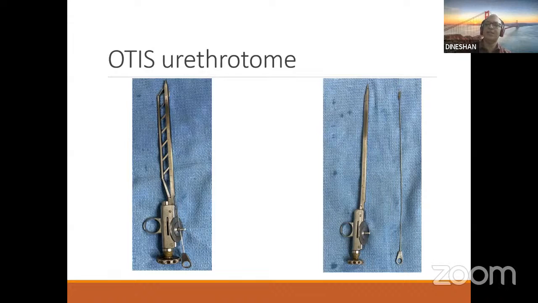So a filiform dilator is passed through the stricture, and this can be connected to this Otis urethrotome, and you can negotiate the stricture using the filiform dilator connected to this. That is the use of this knob. Some of the newer variants of this Otis urethrotome have a hole at the tip through which you can pass a guide wire also, so it can be negotiated using a guide wire. That is about the Otis urethrotome.